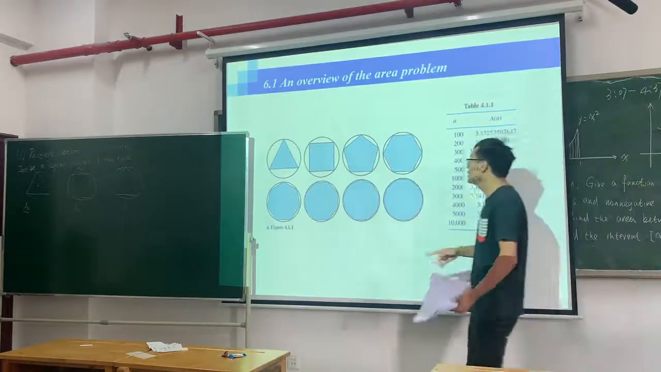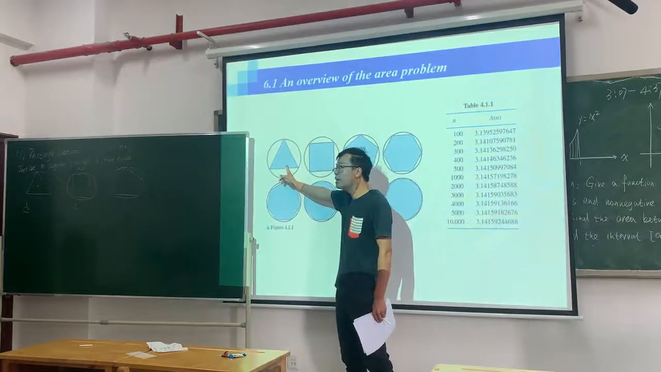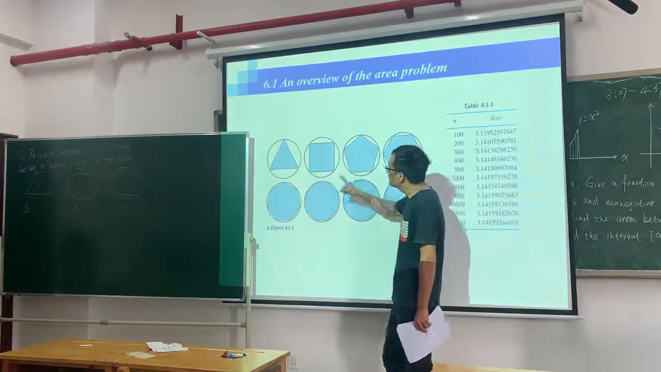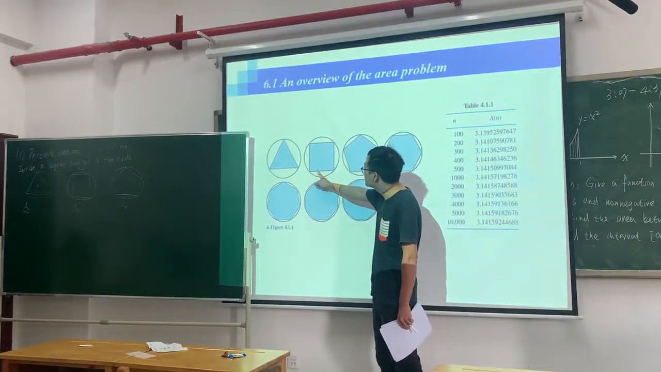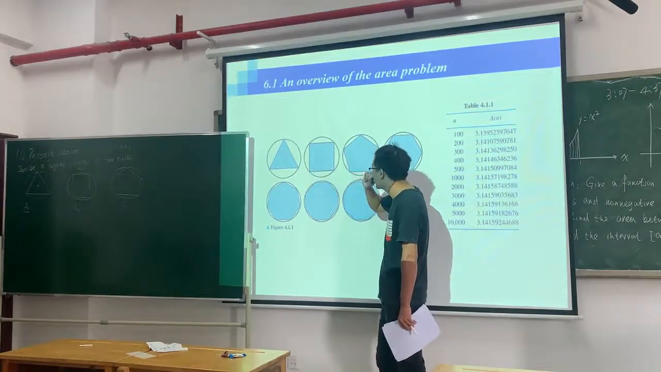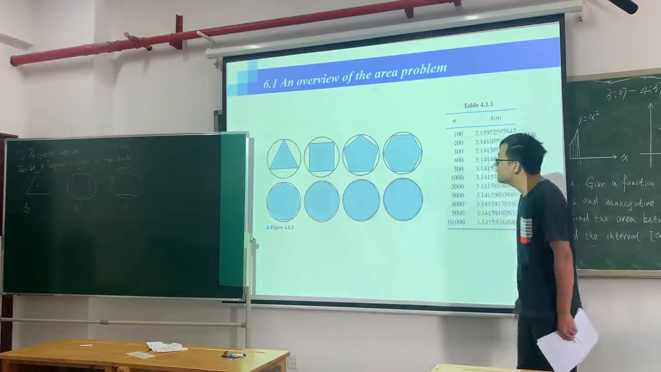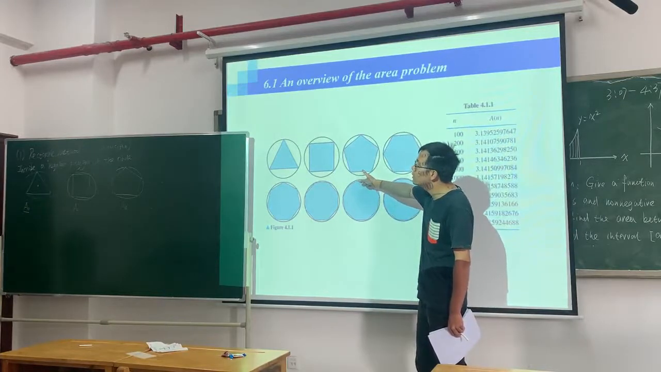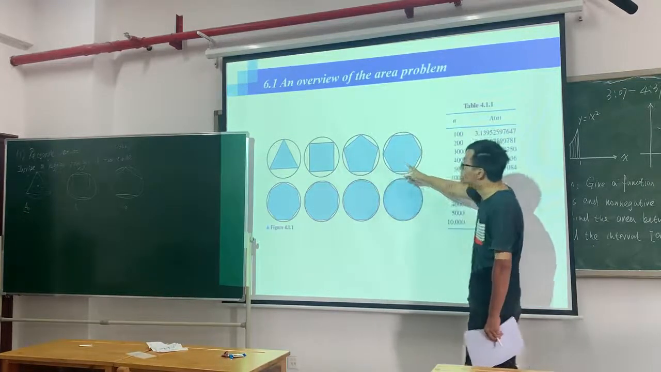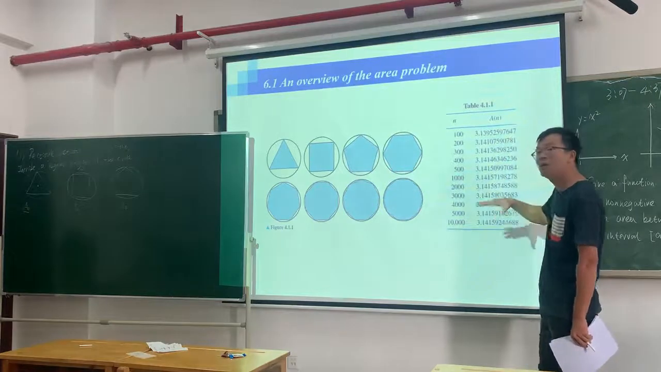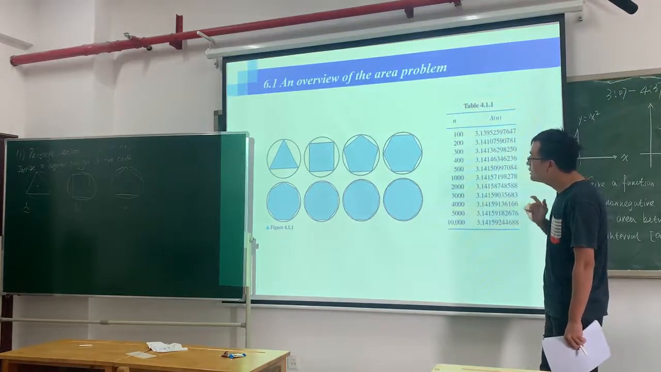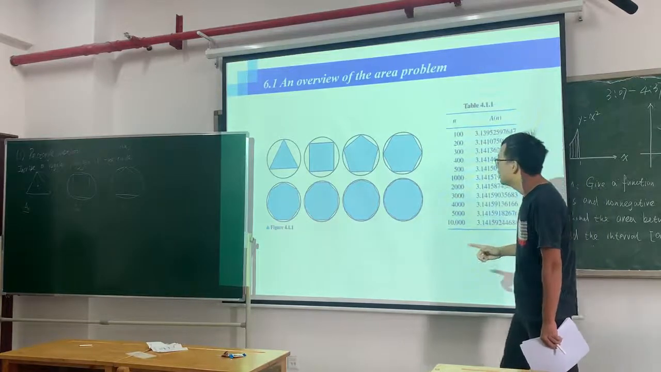Here first is a triangle. We can compute the area. The second, we describe a square inside the circle, and then a regular pentagon inside the circle, and a regular hexagon, and it will go on. So now we can see clearly that when the